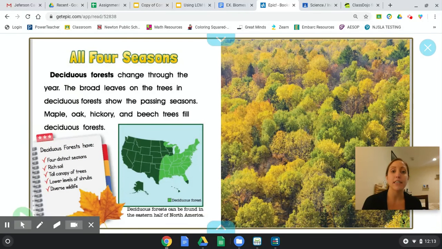Deciduous forests change through the year. The broad leaves on the trees in deciduous forest show the passing seasons. Maple, oak, hickory, and beech trees